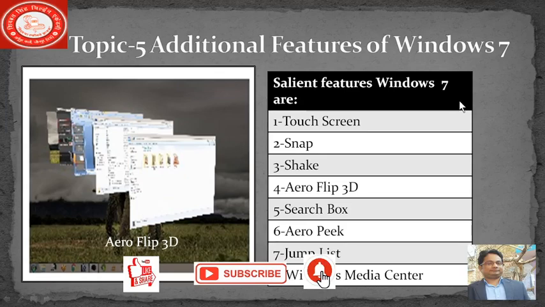Okay students, these are a few topics which we already know, but in this session we are going to cover each and every one in detail, and I will also give you a practical demonstration for the same. So the things we are going to cover here are the additional features of Windows 7.